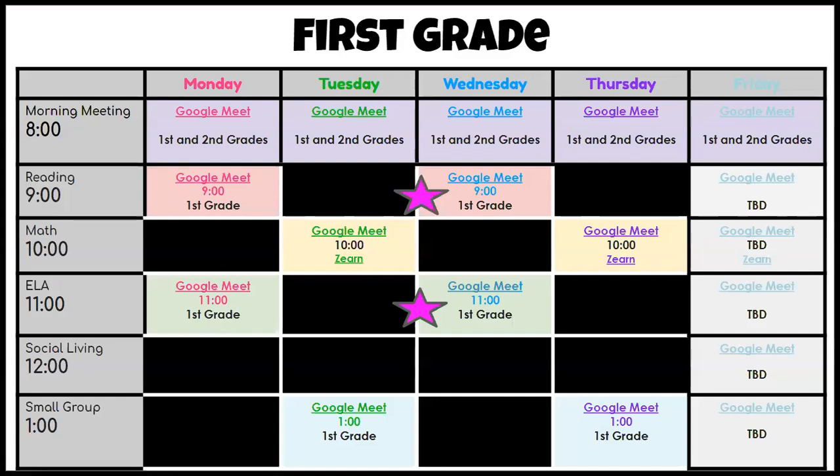Next, we have an artifact in her morning meeting slide deck that helps us understand the complexity of her schedule, where it is once again made clear that she will need both synchronous and asynchronous, digital and analog work in order to be live with students all throughout the day. The black squares indicate she needs to prepare asynchronous learning for her first graders as she's working synchronously with her